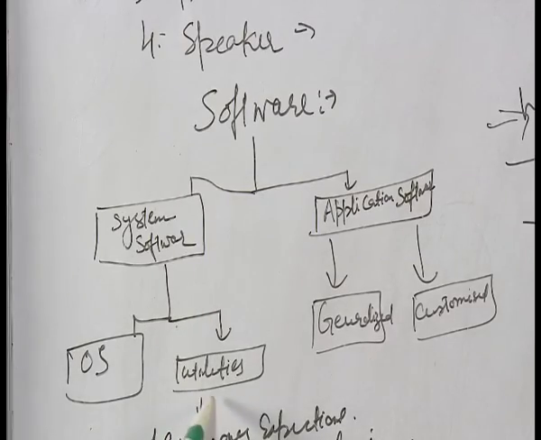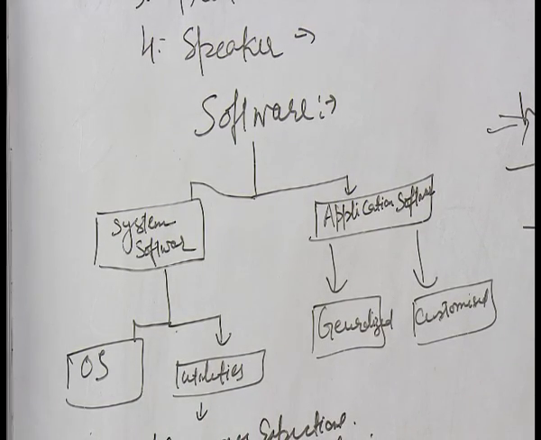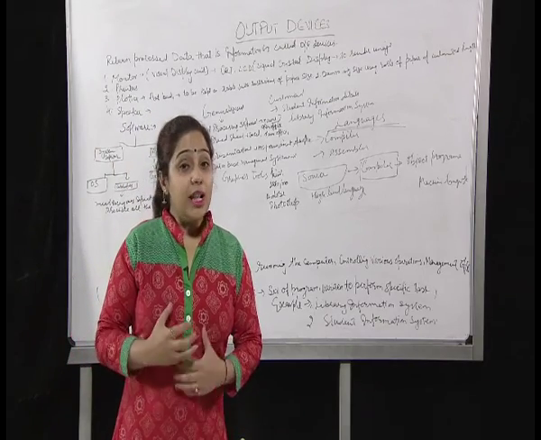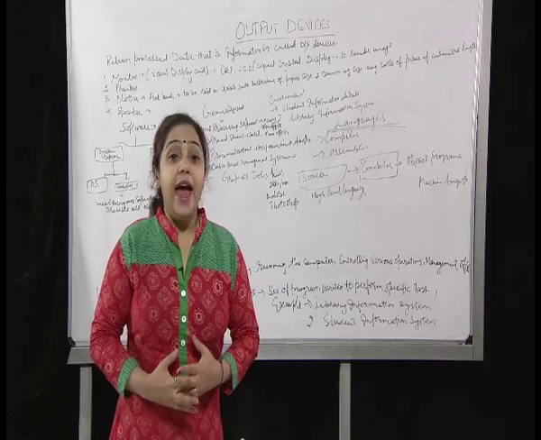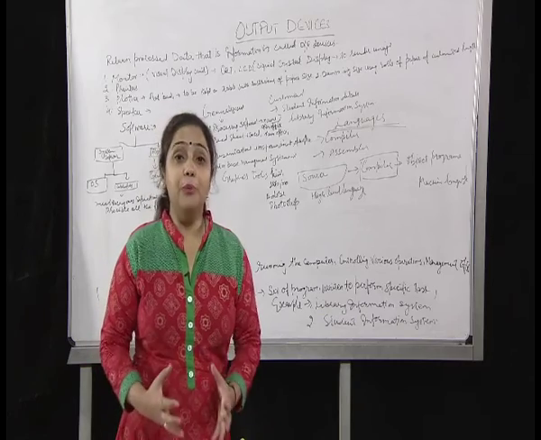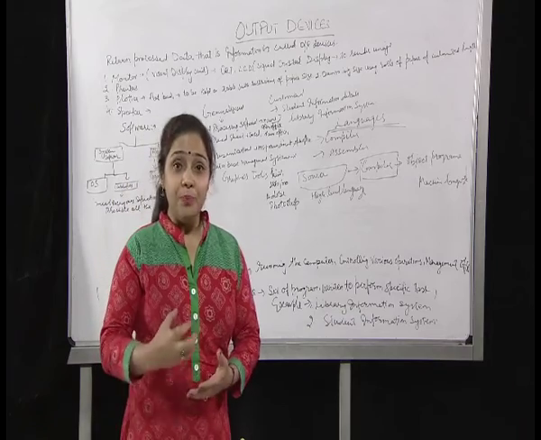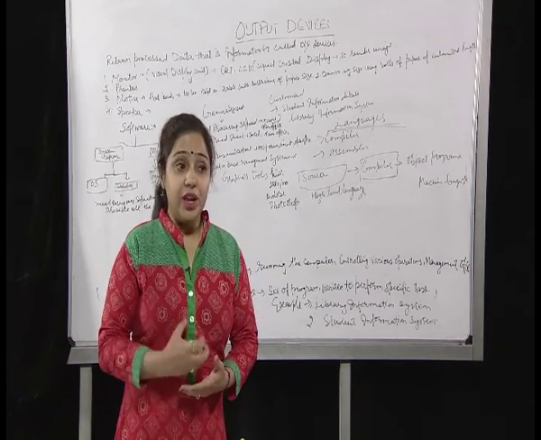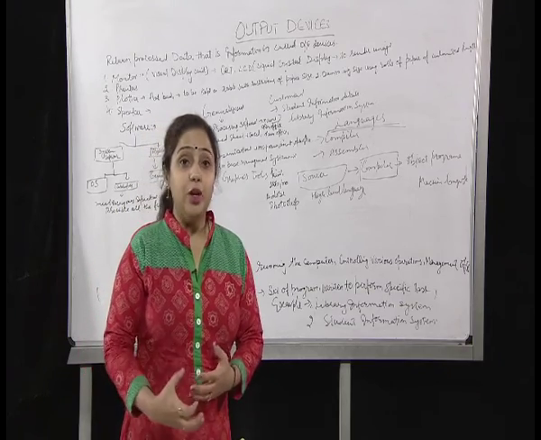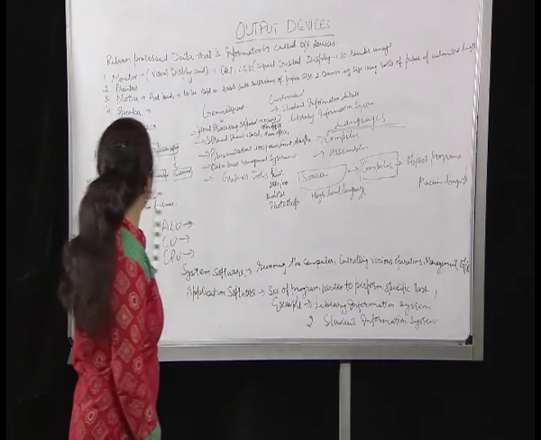Operating system, and second one is utilities. Utilities means meeting everyone's expectations. When a computer unit meets all the expectations and provides all the facilities and all the features to all the computer units, that is known as utilities. Utilities means you are giving some functions, completing some expectation, that is the requirement of the units of the computer.